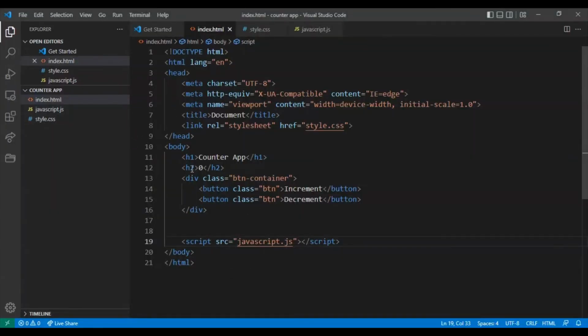Now I want to give an id to this number to display it. For that, let's give the id number, and in the other button, the increment button, giving the id increment. Or if you want, you can only call the function. For that also is okay. You can also give it by the function, not this id one. Let's go to our